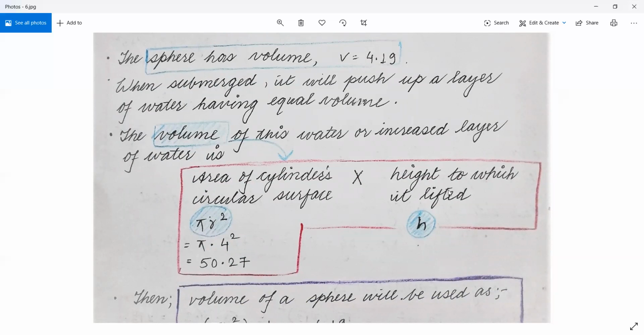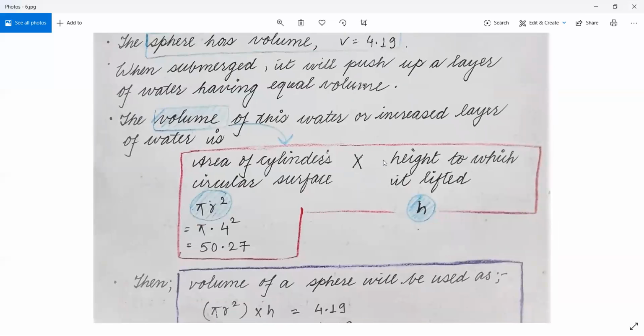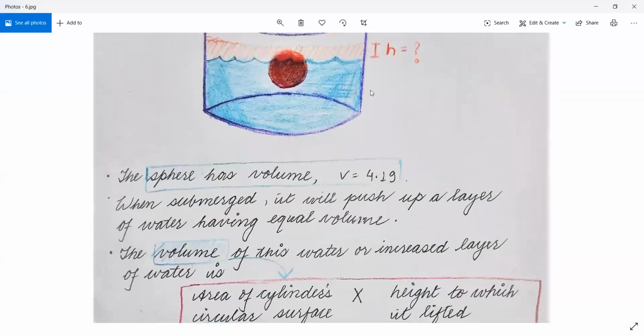The volume can be calculated by the area of the cylinder's circular face multiplied by the height to which it lifted, right? This height is due to the presence of the spherical ball that gets submerged in the cylindrical tank. The water level rises, and there is a slight change in the height of the water level. So to find this value of h, we need to find the volume of the water that has risen,